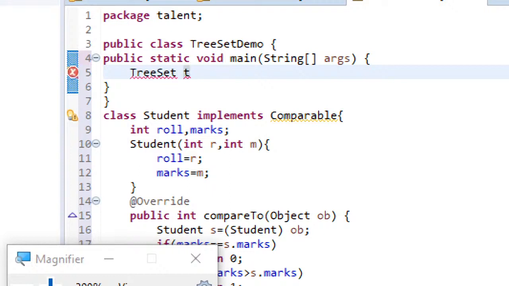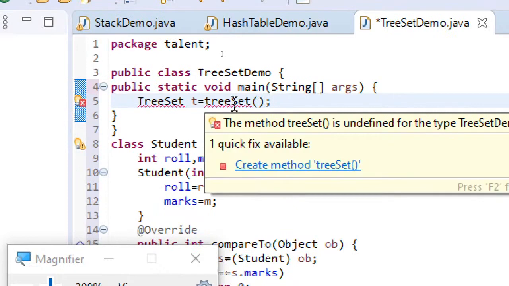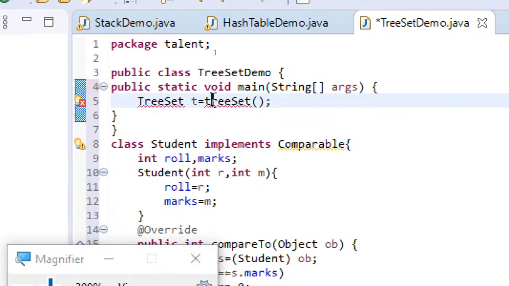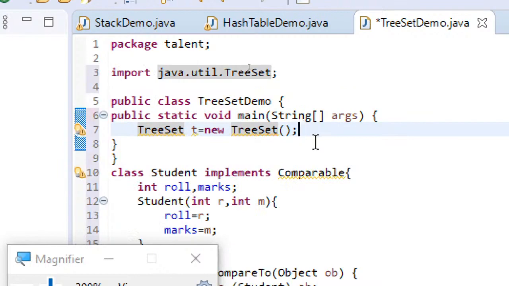It's up to you whether you use the generic version or the non-generic version. Right now I'm going for the non-generic version. And obviously TreeSet you need to import from the util package.